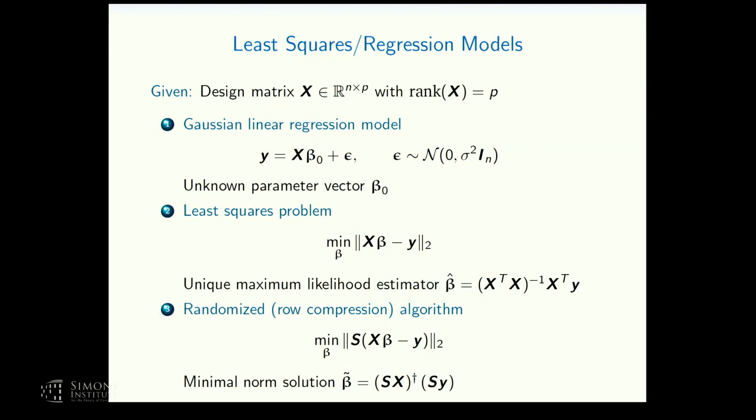Well, we are concerned about least squares regression, and we are using the statistics notation. So Petros already did a little intro, but we are starting here from the Gaussian linear model, where we have a design matrix X. That is a tall and skinny matrix with linearly independent columns. It has full column rank. And then we want a parameter beta 0, which is in general unknown. But what we do have are observations y, which are corrupted by error. So the observations y, and the error is epsilon, and it's normally distributed with variance sigma